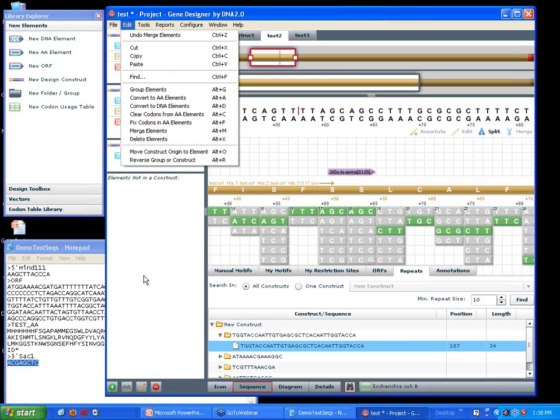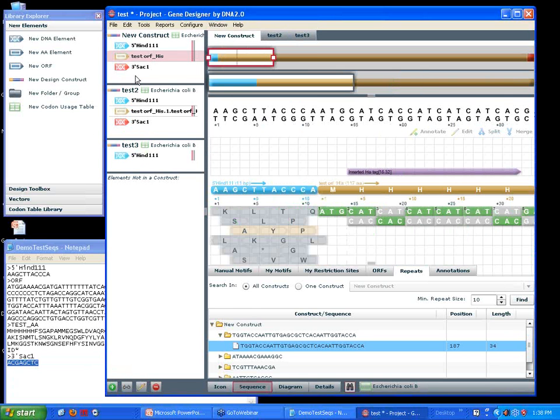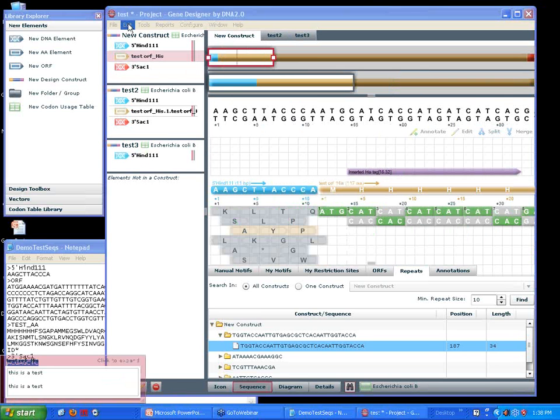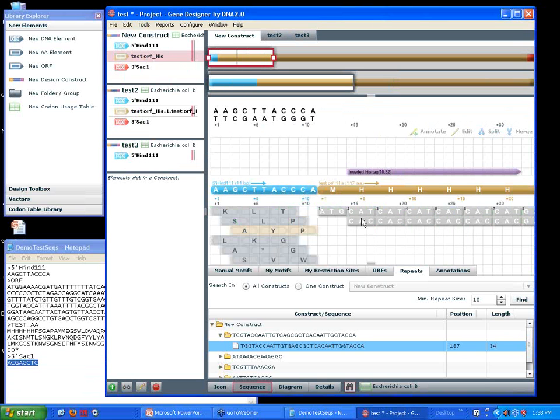So let's clear codons from one of our constructs. So you click on this, say edit, clear codons. You see that all the codons in this construct have disappeared, so you can, for example, optimize the sequence and have the program pick different codons for you. Tools: back translate, cloning tool, design sequencing oligos, reports,